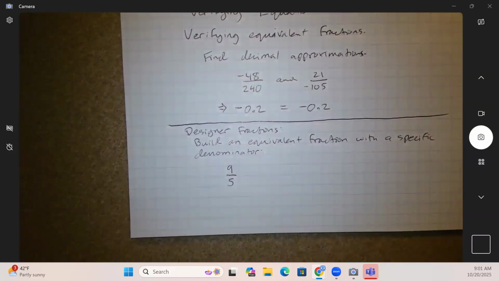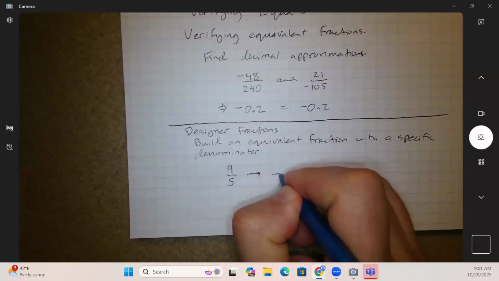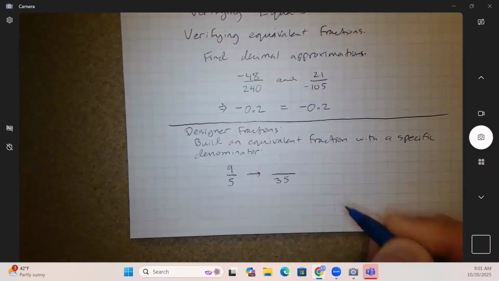If I have the fraction 9/5 and I want to turn it into a fraction that has a denominator of 35,